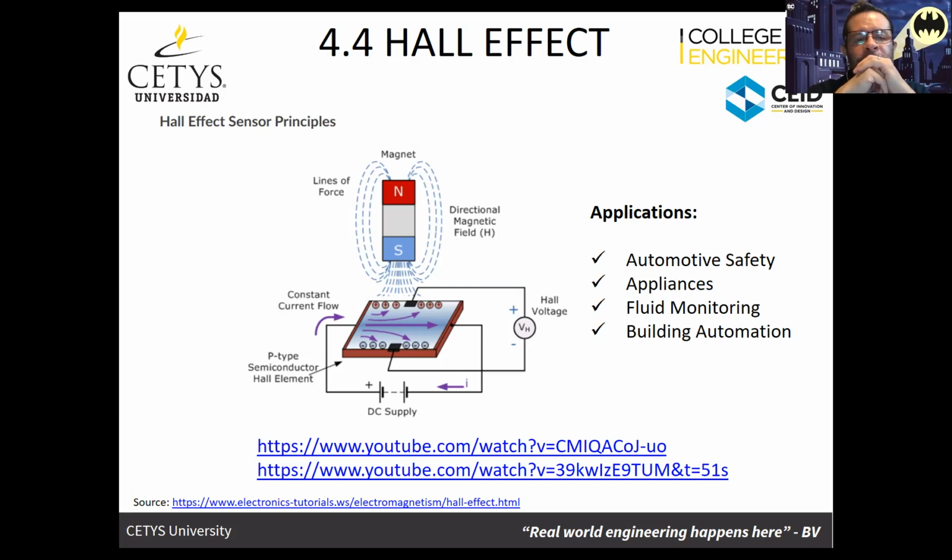Okay. We were talking about last class. We're in the unit that has to do with electricity and magnetism, and the cool thing about this unit is that it has a bunch of name dropping, meaning that there's a bunch of laws and effects that are related to electricity and magnetism and its phenomena. And we were talking about the Hall effect, and Hall effect sensors that basically use the Hall effect to be able to detect different things, which is basically detecting a variation in the magnetic